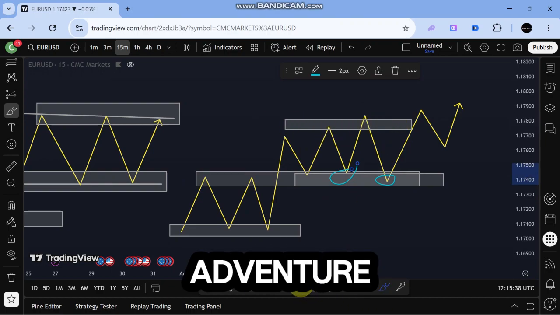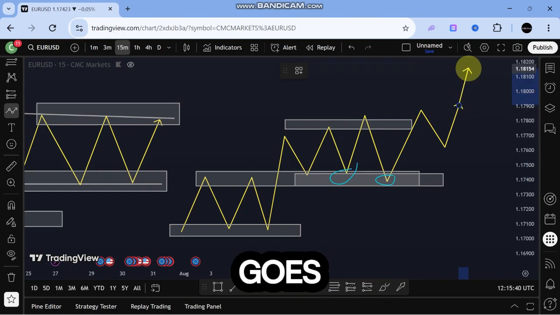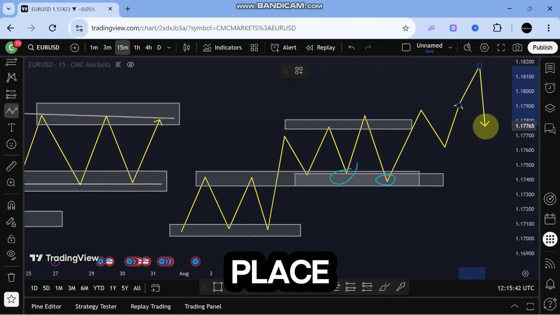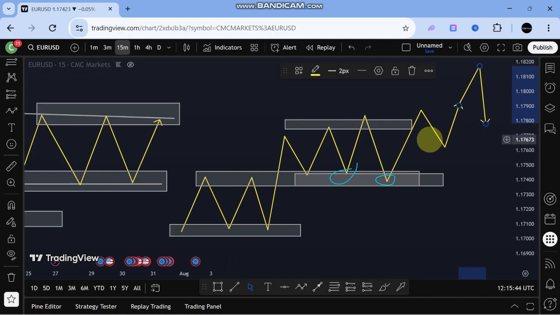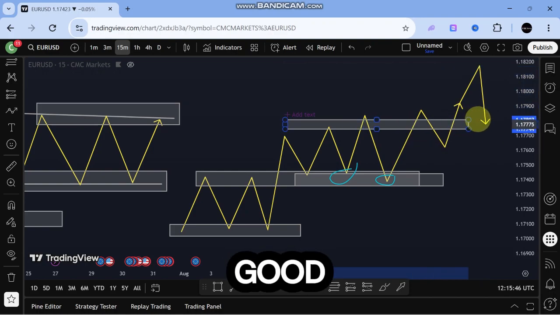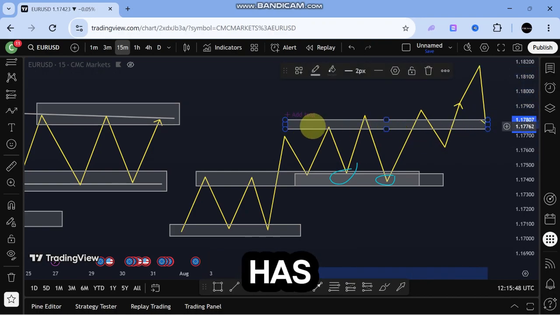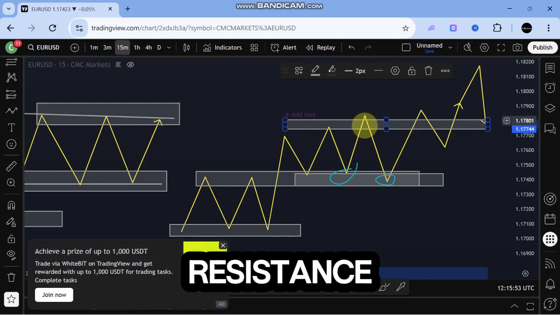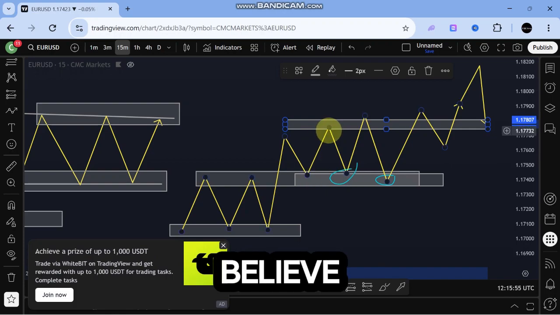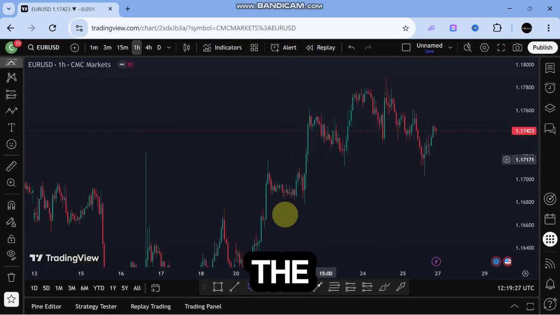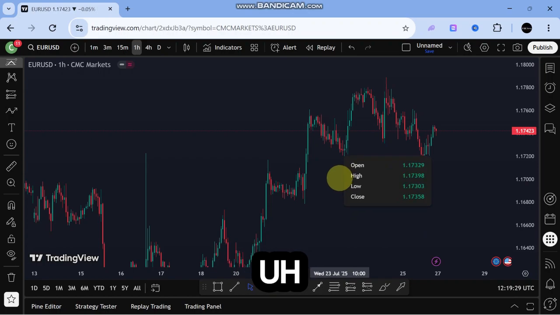If perhaps price goes up and comes back to this place again, around this place, you know that this will be a very good support level, because price has once tested it before and it has once been used as a resistance level before. I believe you understand. So, guys, in the chart, we're going to draw out